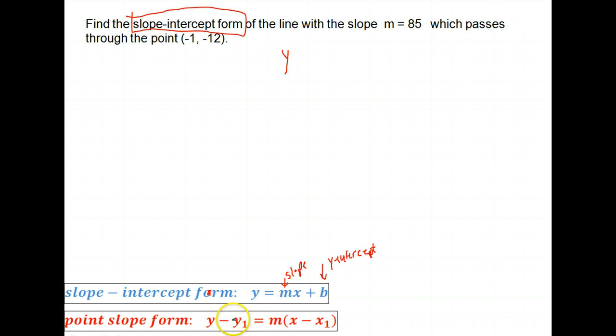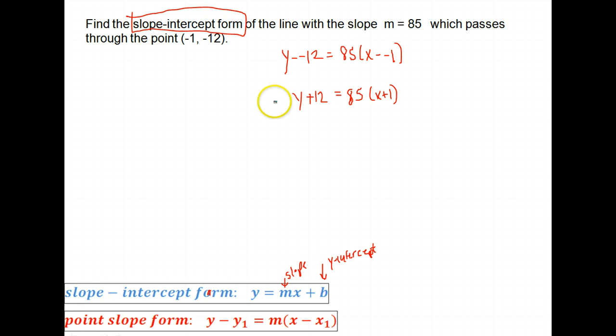So we follow point slope form, y minus the y from our point, which was negative 12, equals m, our slope of 85, times x minus the x from our point, which was negative 1. Okay, go ahead and simplify just like we did before. So here we have y plus 12, and then we have equals 85 times x plus 1,